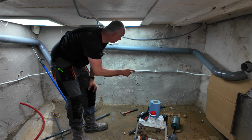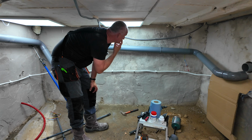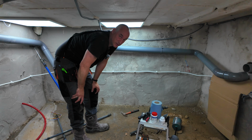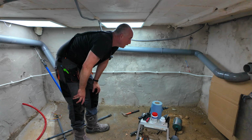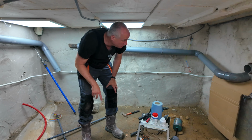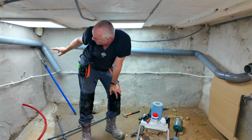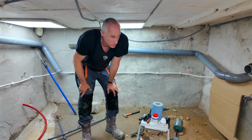So I've secured this pipe here with 2 brackets. That's going to hold up the whole PVC system, but it's not going to be a permanent installation. That needs to have a lot more support. But I'm starting to glue everything in place, and I'm going to glue from this side, because of the long distance, I have a lot more flexibility to wiggle pipes around. So yeah, I'm going to